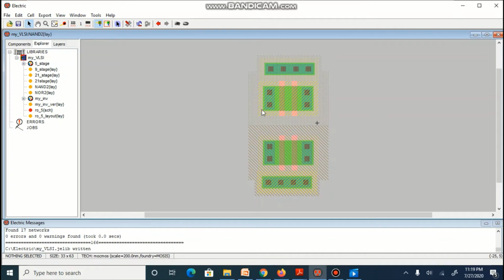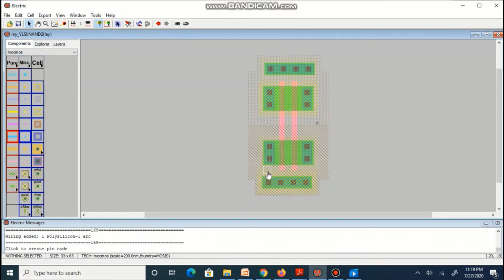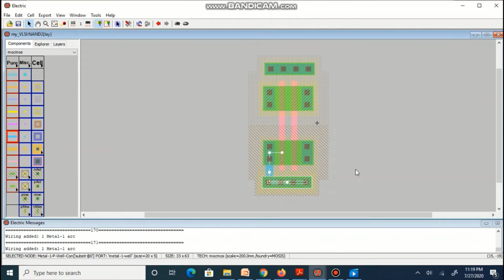For NAND 2 layout, first of all, we will connect both the gates. One N is used for VDD connection. So for that we will use metal connector so that width of connector will be uniform.